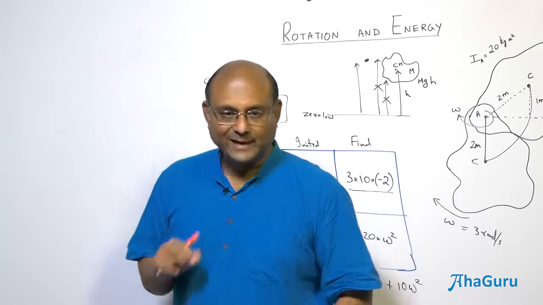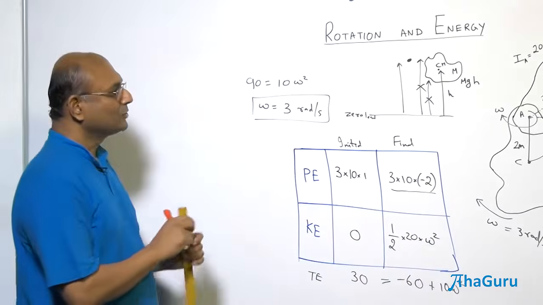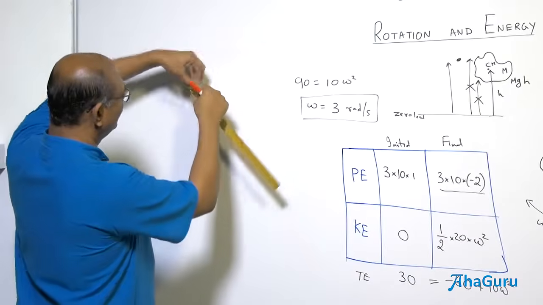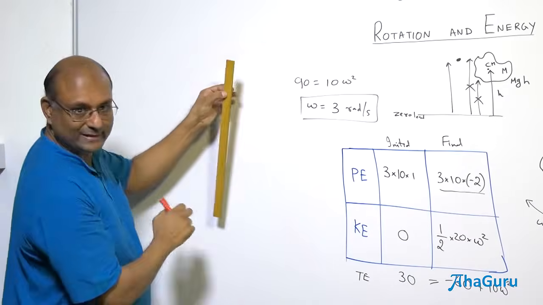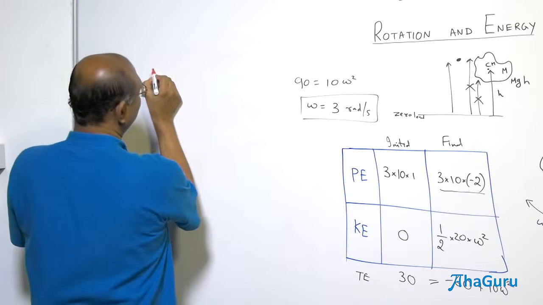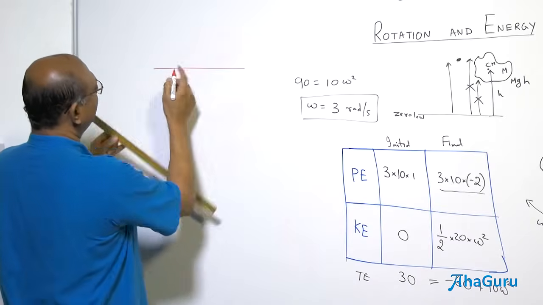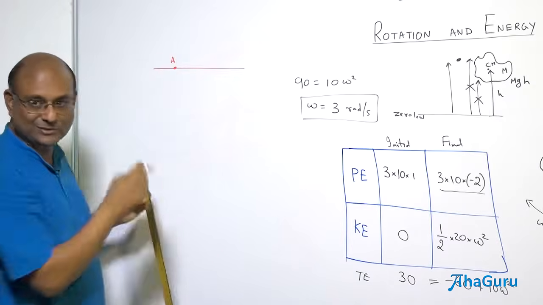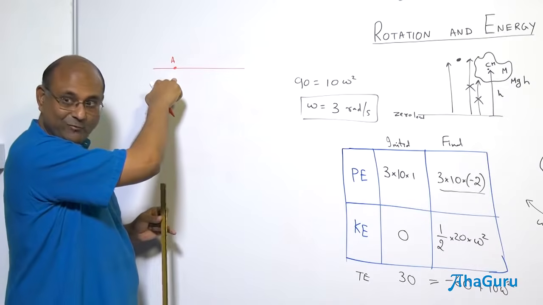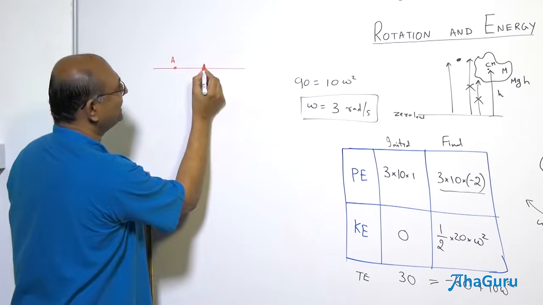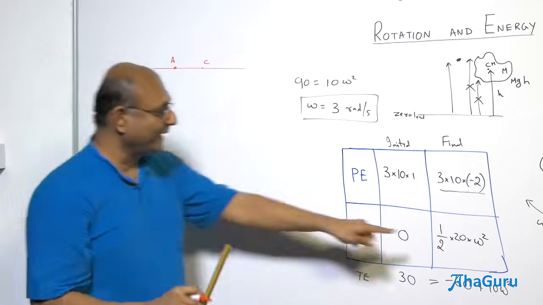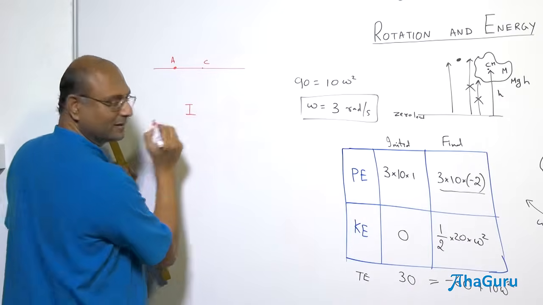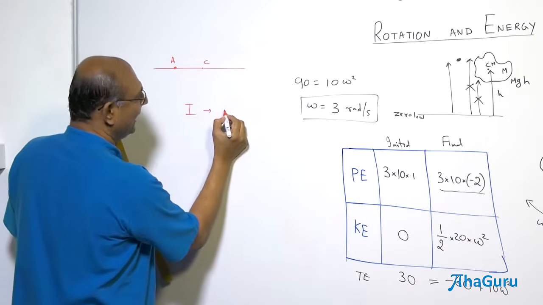Let us quickly summarize what we have learnt. Whenever a rigid object like this is let go, you know that this fellow is going to go around, turn like this, right? So let me draw the diagram here. If I let this go and I'm going to pivot it, let's say here. The pivot point is the one where the axis passes through, right? Is this necessarily the center of mass? No, right? The center of mass is somewhere there. For kinetic energy, you need I. So for I calculation, what are we using for I? I about axis,